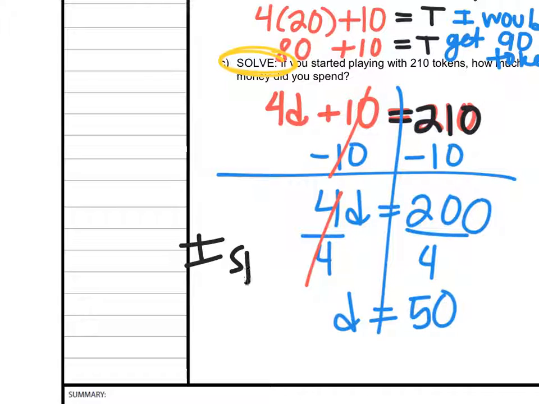That is a lot of money to spend at an arcade. Very true. But I would probably spend hundreds of bucks